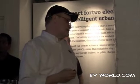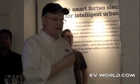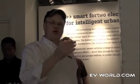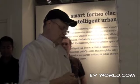So what we say is that the car represents no compromise conservation. So for the passionate conservationists, all the way down at the end of that spectrum, the ultimate statement in minimalist transportation, the least amount of material to get from point A to point B. And for corporations, certainly a rolling statement on environmental awareness and this whole issue of oil independence for our country. So we're thrilled to have SmartUSA positioned